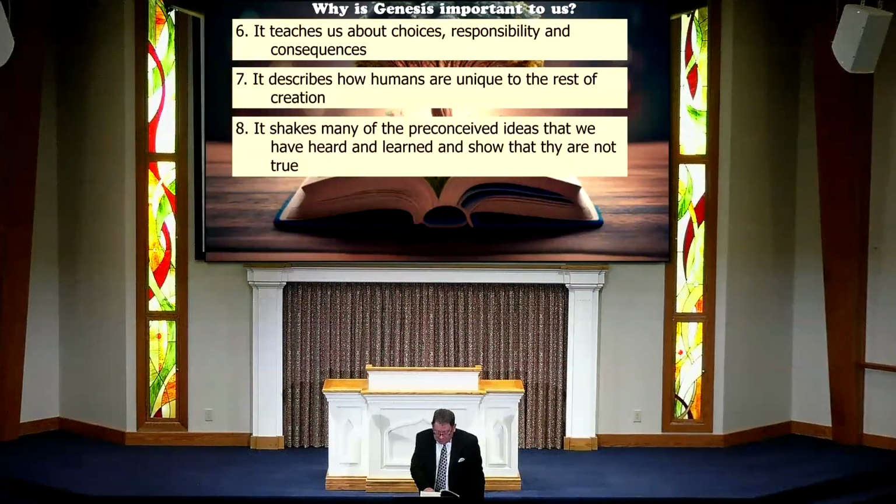Then God said, let there be expanse in the heavens, verse 14, to separate the day from the night, and for signs, for seasons and days and years. That's a significant phrase we'll talk about. And let them be for lights in the expanse of heavens to give light on the earth, and it was so. God made 2 great lights, the greater light to govern the day, which we'd call the sun, the lesser light to govern the night, we'd call the moon, and made the stars also. God placed them in their expanse of heavens to give light on the earth and to govern the day and the night and separate the light from the darkness. God saw it was good. There was evening, there was morning, and fourth day.